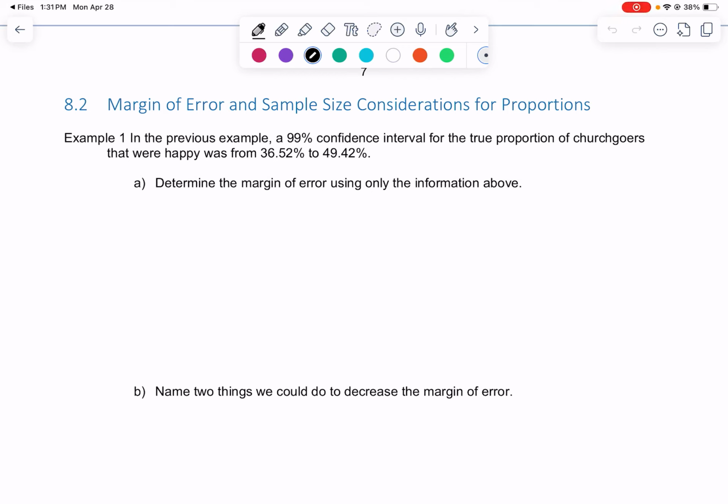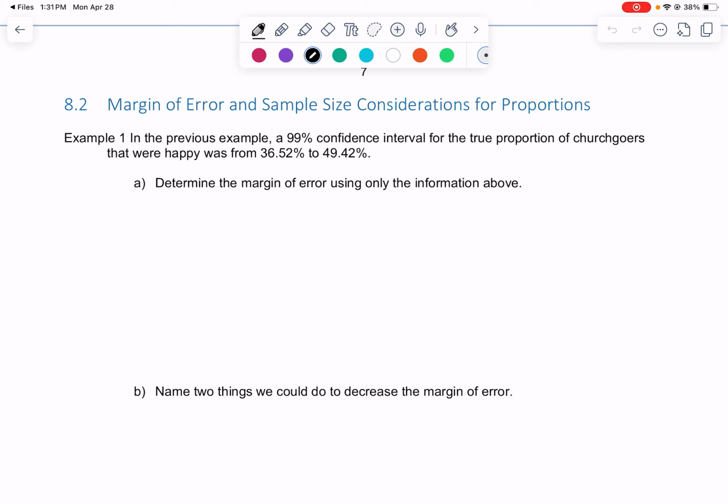Let's check out section 8.2, and we'll find the margin of error and sample size for proportions. So thinking of that example we just did in the previous section, let's see if we could find the margin of error, assuming we never did the math and someone just gave us the results. So we're given this confidence interval